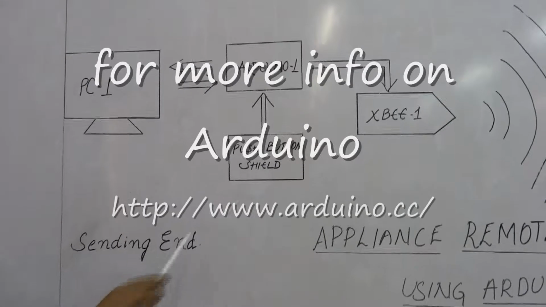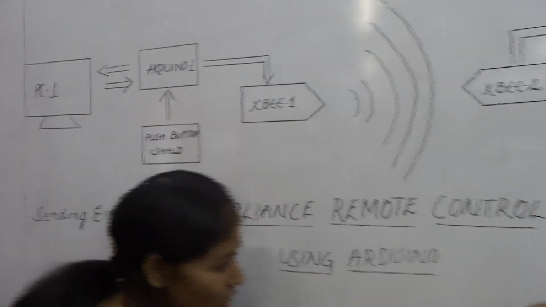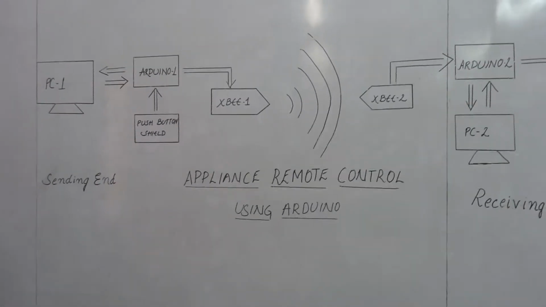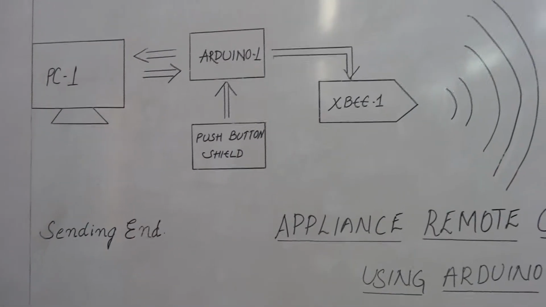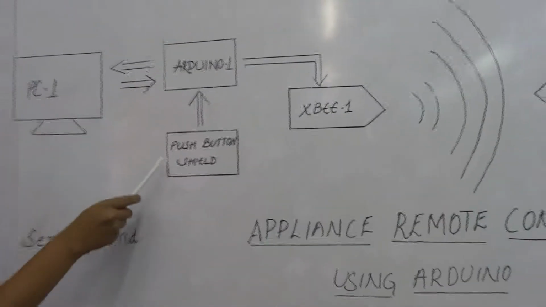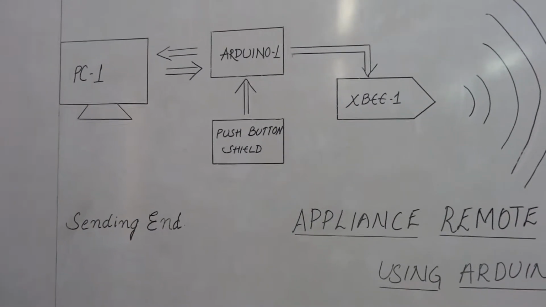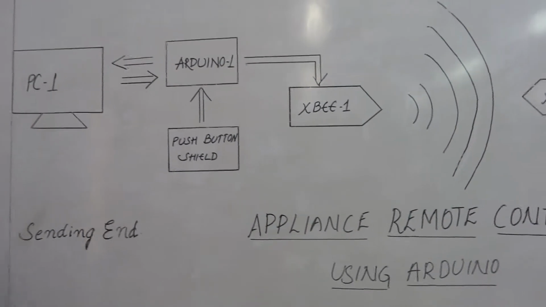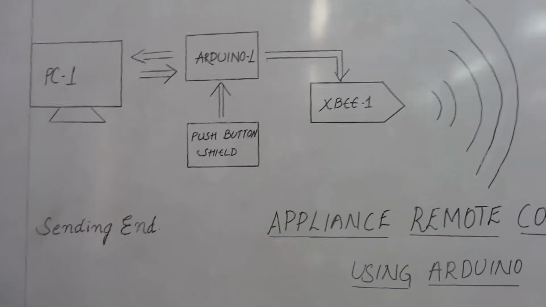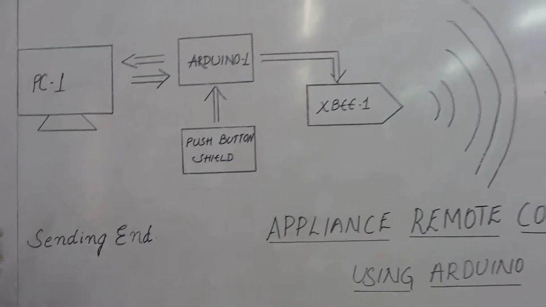Our project uses two Arduino Uno boards, one at the sending end and another at the receiving end. The Arduino at the sending end is known as a transmitter and the Arduino at the receiving end acts as the receiver. The sending end Arduino is mounted by a shield having push buttons. The information regarding the control of appliances is fed to Arduino board 1 through control push buttons. In order to process this information, the program is written in Arduino programming language and is dumped into Arduino 1.